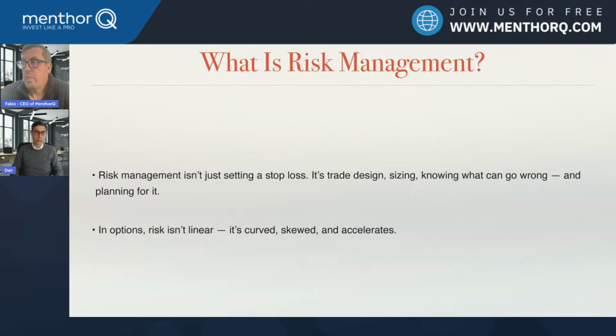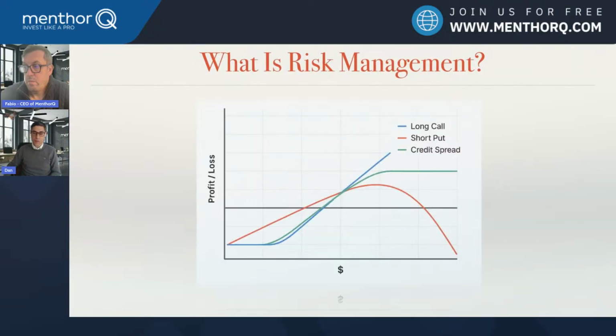Basically, options, as I showed you the last two times, are not just one-dimensional vehicles we trade. They have three dimensions, and that's why we should always think of them that way. They might be curved, skewed, they accelerate. If we take a look at this profit-loss graph, you will see a long call will go up, will go down. Basically, it's very linear. But if you have a credit spread, you see at some point it won't rise. And this is why I wanted to show you this.